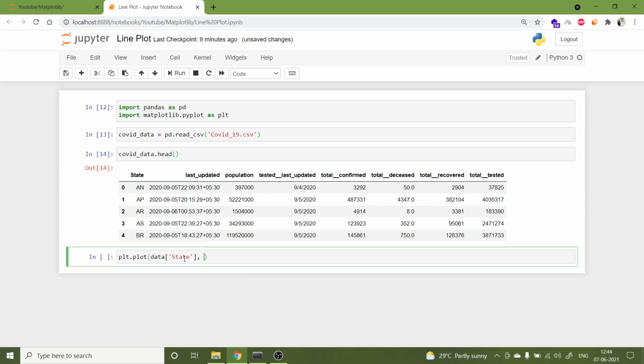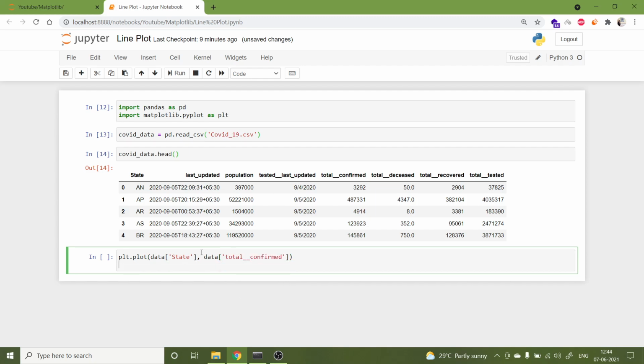And on the y-axis we want to plot the total confirmed cases, so we give total confirmed here. So x-axis state will be plotted and y-axis total confirmed will be plotted. Corresponding values will be plotted, and then to display the graph we will use the function plt.show.